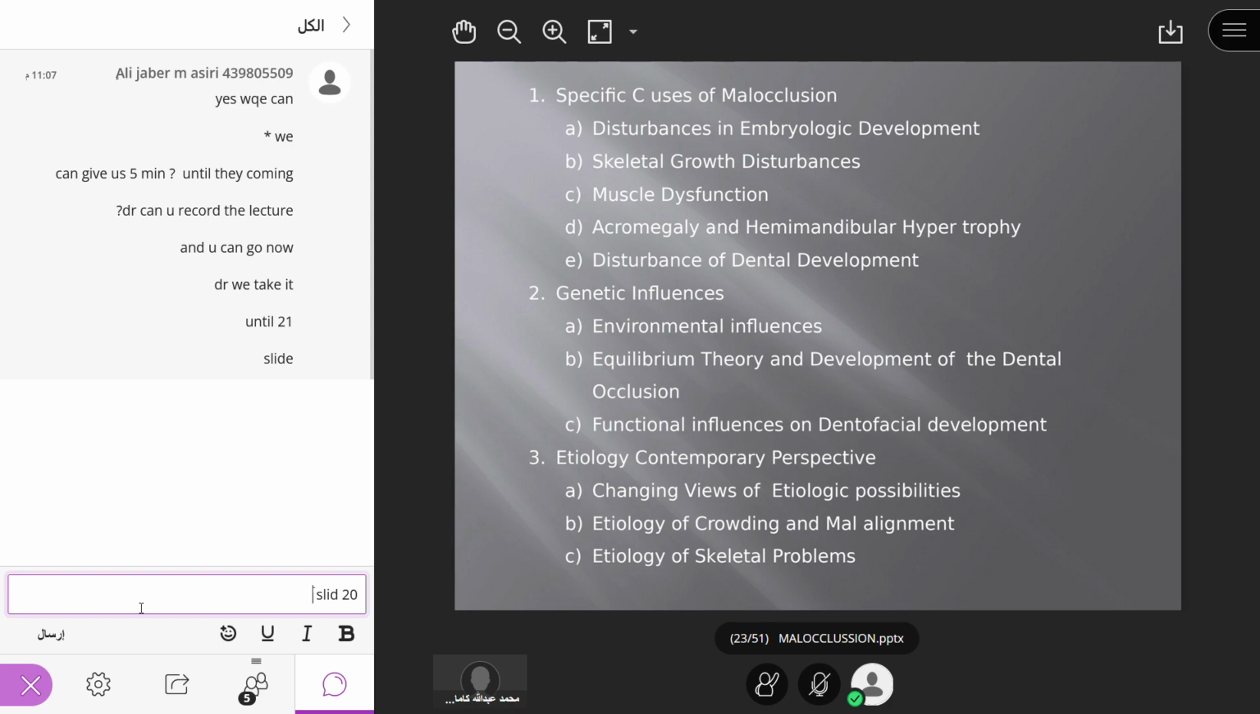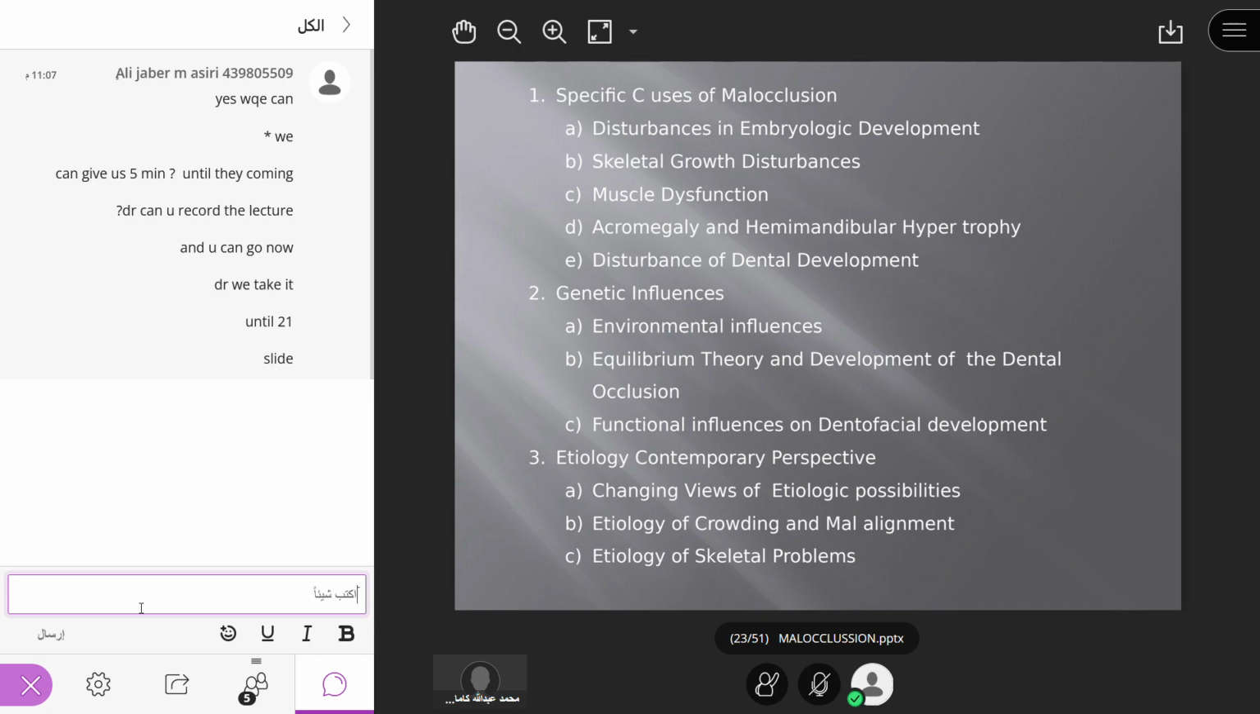So what is etiology of malocclusion? It is specific causes of malocclusion. It might be genetic influences or it might be contemporary perspective, the new ways of thinking about the etiology of malocclusion. So it could be a disturbance in the embryological development, it could be a skeletal growth disturbance, it could be a muscle dysfunction,